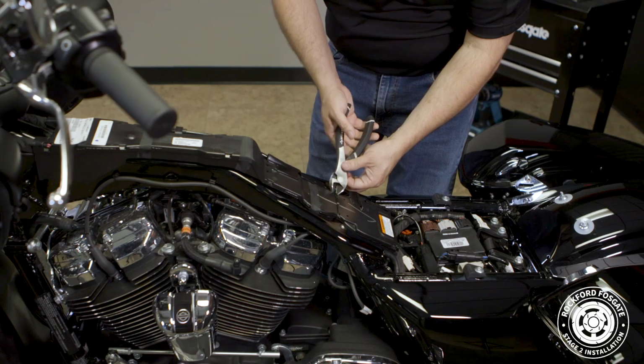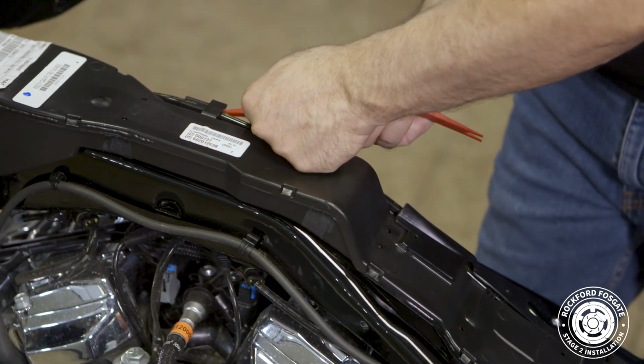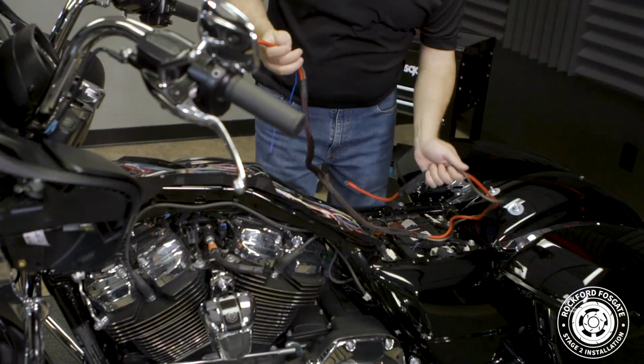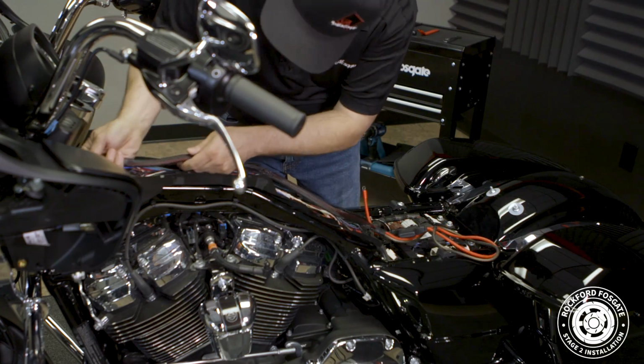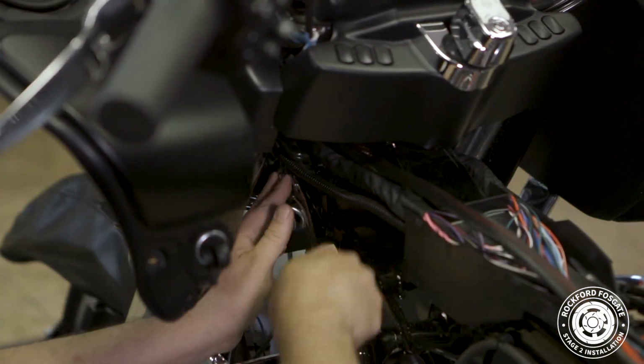Now we're ready to install our power harness. First, cut any zip ties off and unsnap the center harness cover. Then we'll take our harness with the power connector side and run it up to the clutch side of the motorcycle. We'll then use a 9/16 wrench on one side and a 9/16 socket on the other side and unscrew